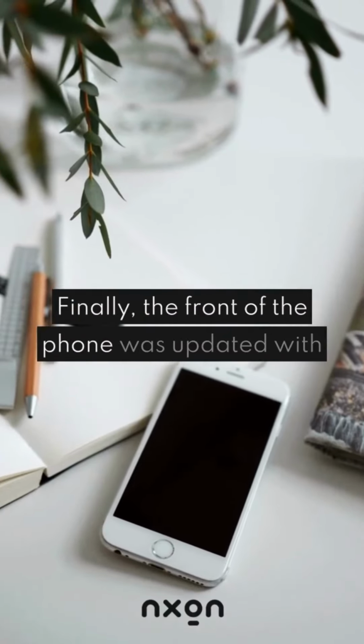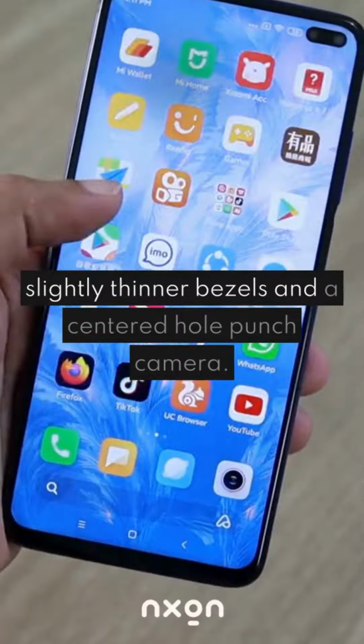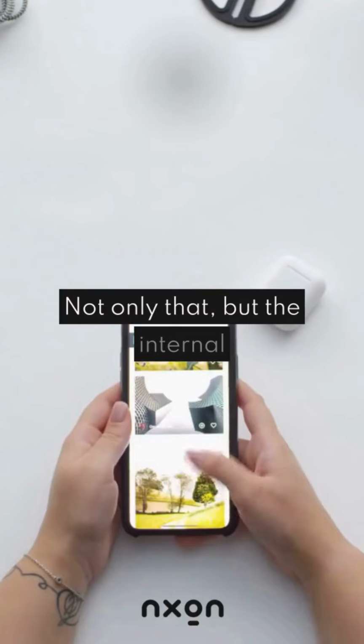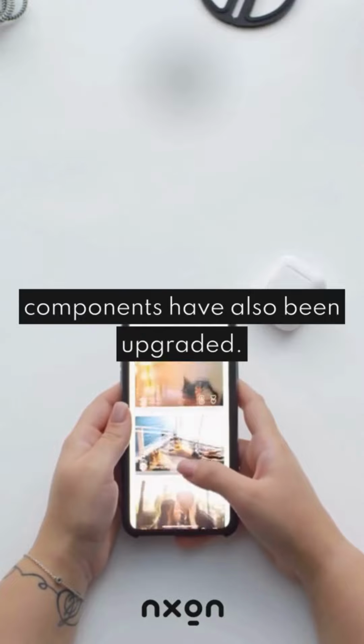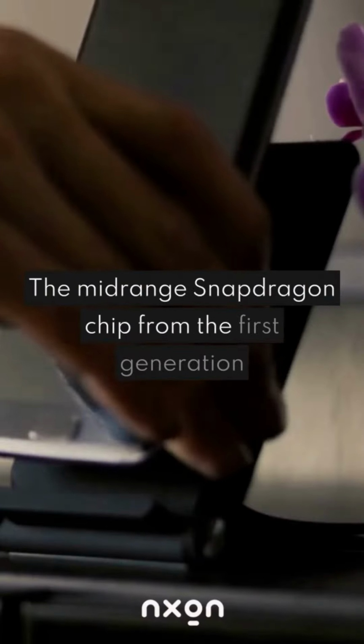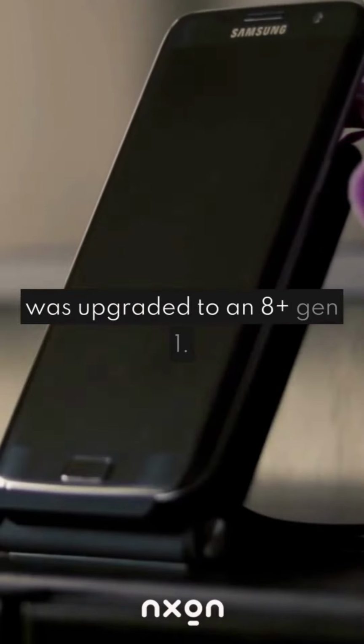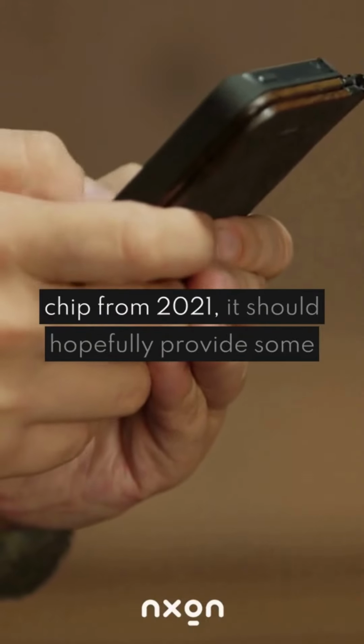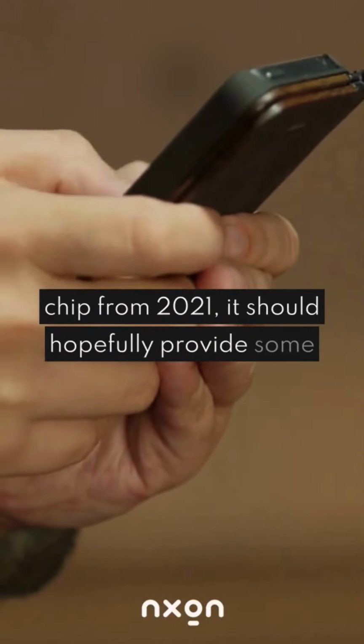Finally, the front of the phone was updated with slightly thinner bezels and a centered hole punch camera. Not only that, but the internal components have also been upgraded. The mid-range Snapdragon chip from the first generation was upgraded to an 8 Plus Gen 1. Even though that chip was technically the flagship chip from 2021, it should hopefully provide some performance upgrades over the Phone 1. The display also got a major upgrade with the size being increased from 6.55 to 6.7 inches,